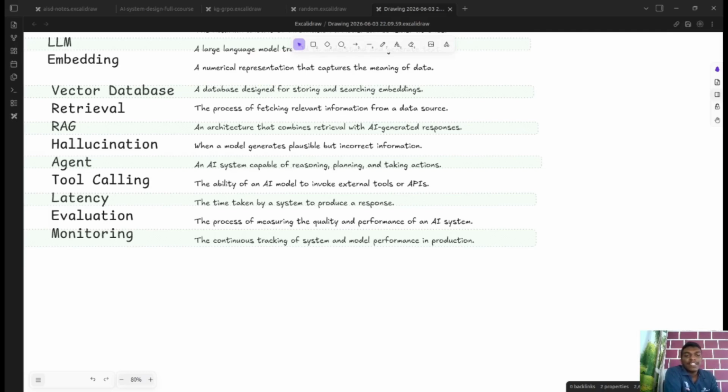Latency is the time taken by the system to produce a response, basically the time from the request being sent to the response being generated. And evaluation is the process of measuring the quality and performance of an AI system based on how well the responses are being generated. And monitoring is the continuous tracking of the system's performance in production.